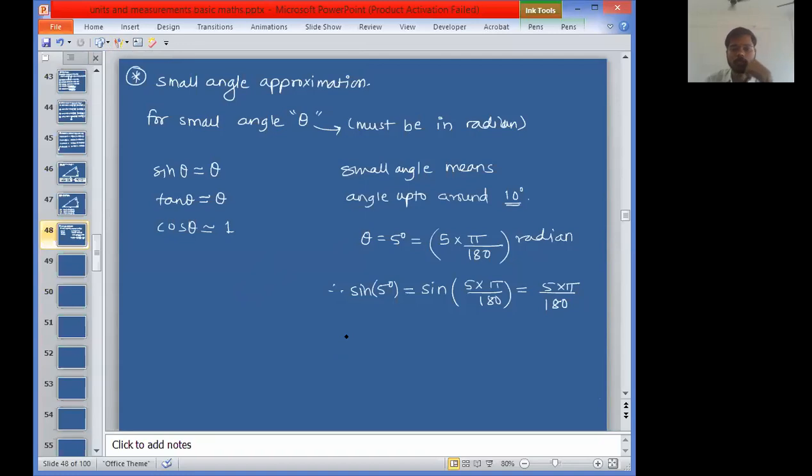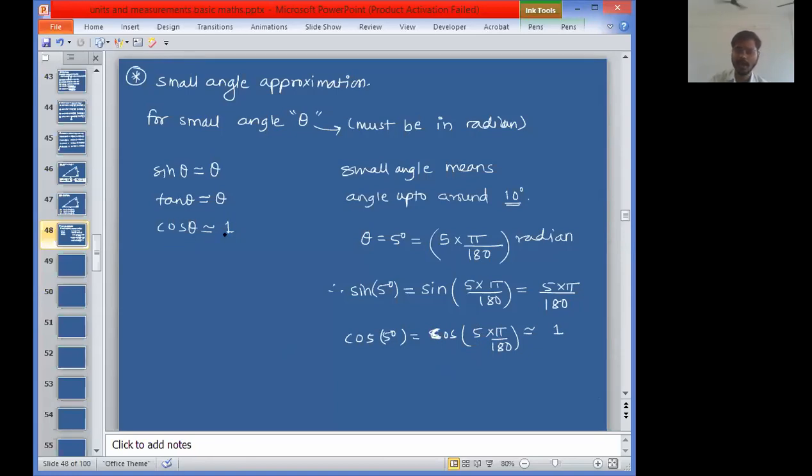Fine, sir. So, sir, what will be cos of 5 degree? This 5 degree is a small angle, around less than 10 degree. Okay, angles up to around 10 degree. Fine, sir. So, can we write it as cos of 5 degree, degree to radian? Degree to radian means whatever angle is given, multiply by pi by 180. So, what will be the answer? Sir, this is a very small angle, so you can take it as 0. Cos 0 is equal to plus 1. Approximately it is 1. Okay, fine. Next.